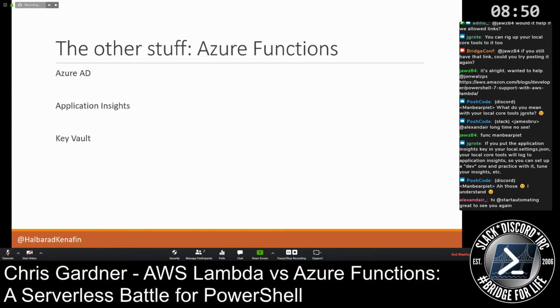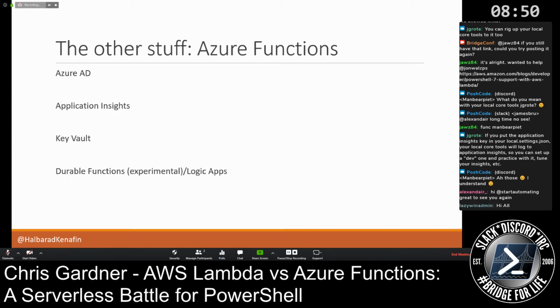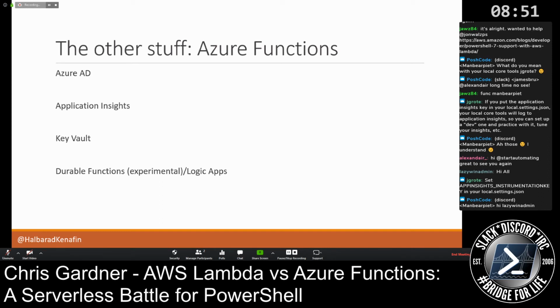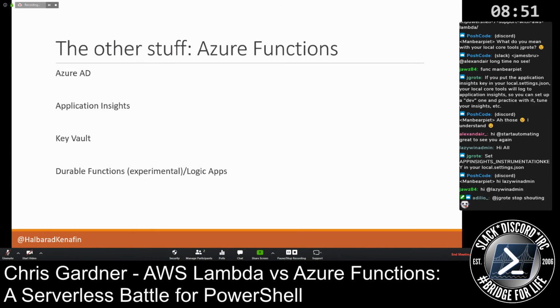So the last thing that Azure has that's really cool, or at least relating specifically to functions in this case, is durable functions and logic apps. Logic apps is kind of like the orchestration tool of choice in Azure. You give it a bunch of steps, it runs through them based on input. Again, it has different types of triggers. It can trigger different things. It has different connectors. It's pretty good with what it can do, what it can integrate with.